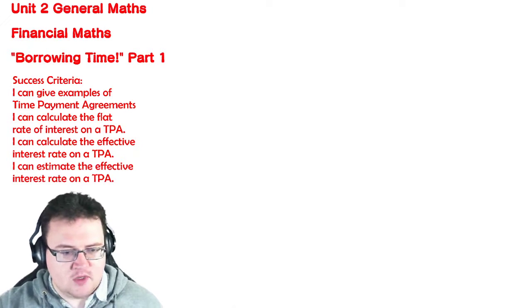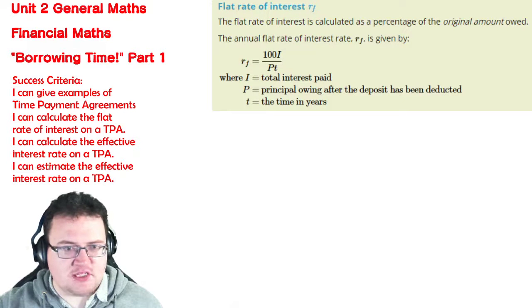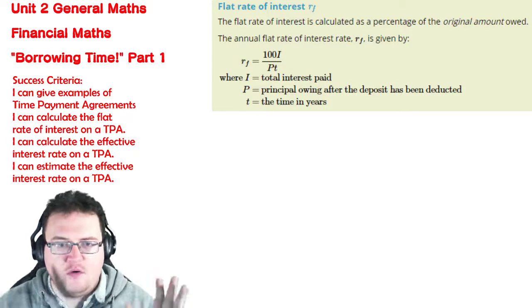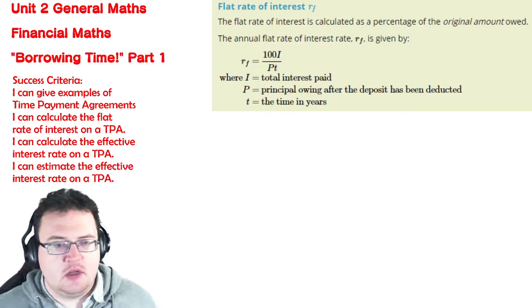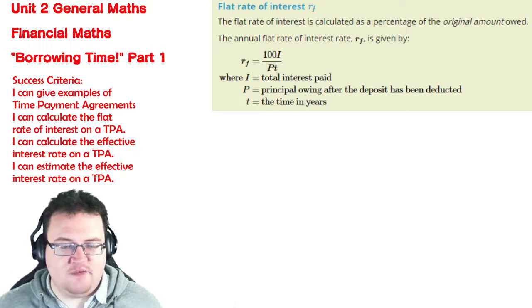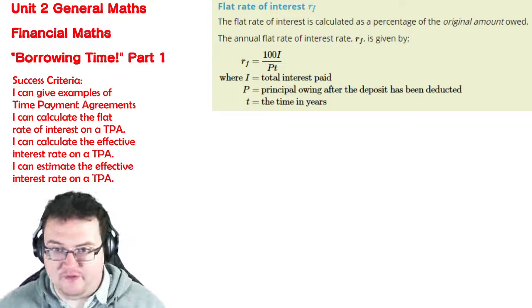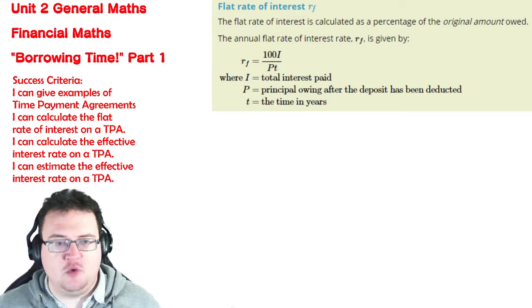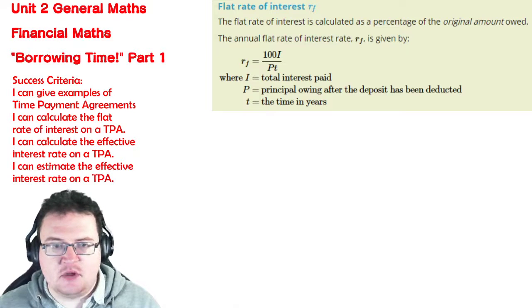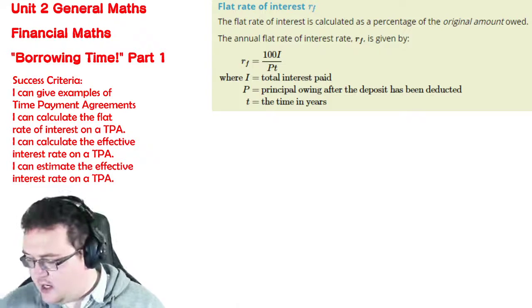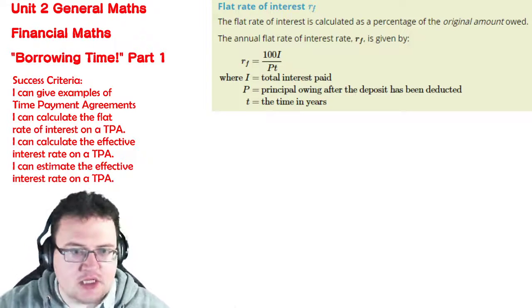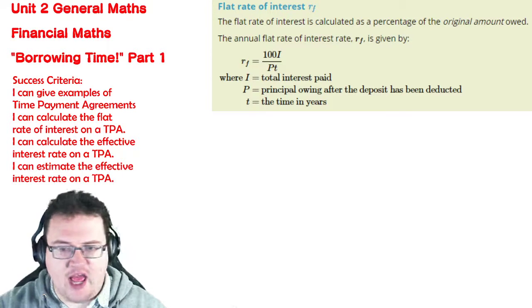All right. So my first image is here. This is called the flat rate of interest. What we have here is a formula: RF, which is called the flat rate, is equal to 100 times I divided by the principal times the time. And what that means is that if, for example, I have,